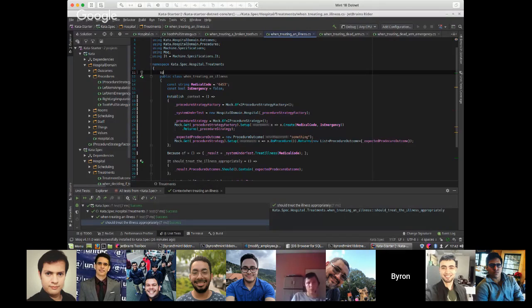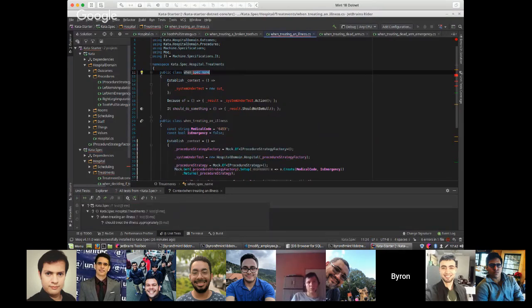So I'll create a new spec. And when creating a procedure strategy from medical code, it should return the... I wonder which one I should choose. This would be maybe, we can do the tooth pull. It should return the tooth pull